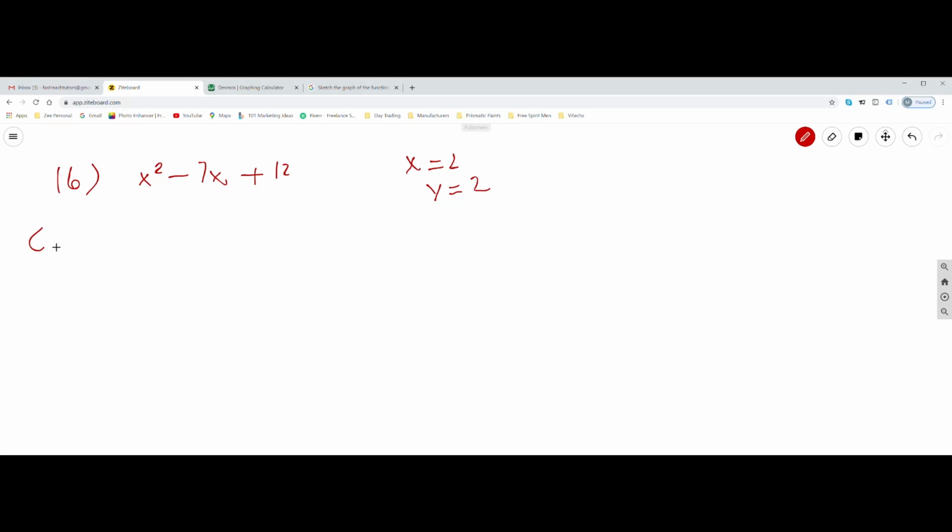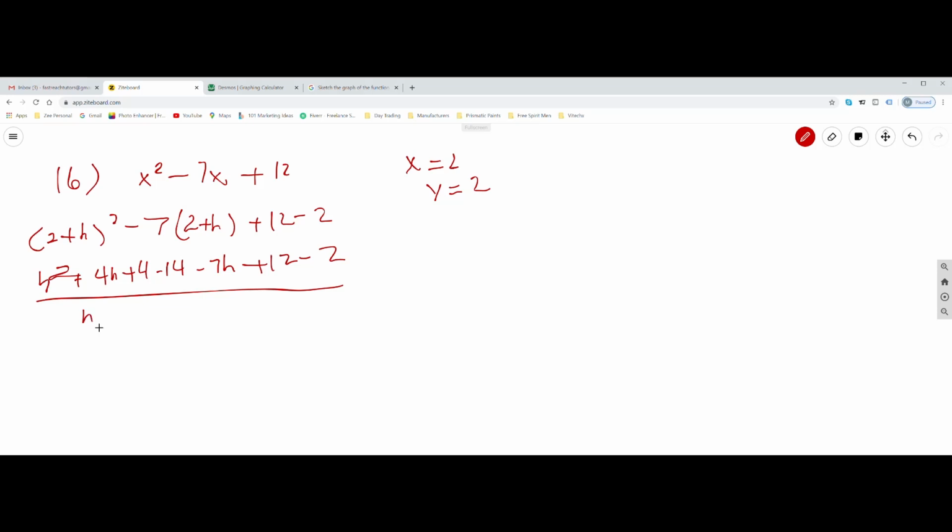So you have 2 plus h squared minus 7 times 2 plus h plus 12 minus 2. You have h squared plus 4h plus 4 minus 14 minus 7h plus 12 minus 2 over h, equals